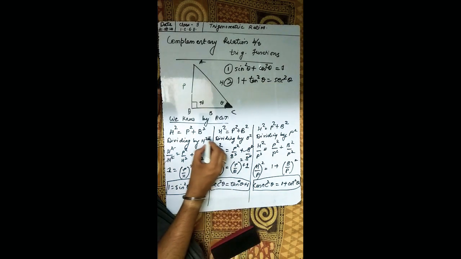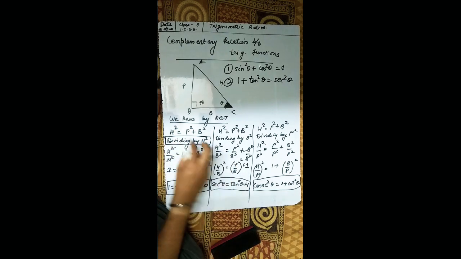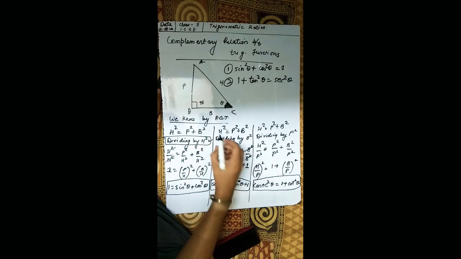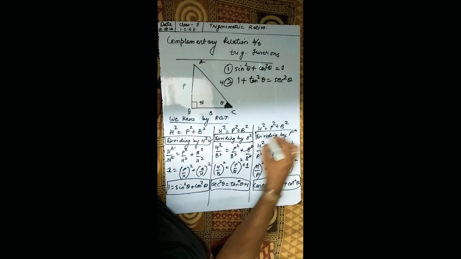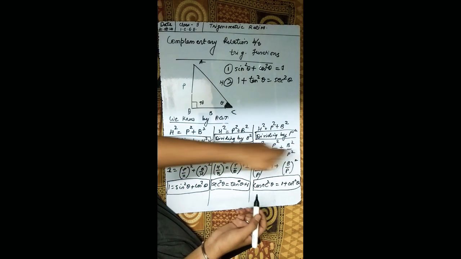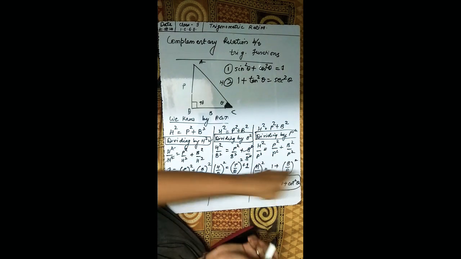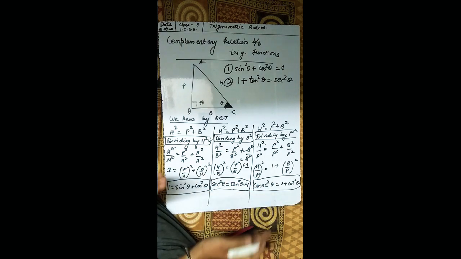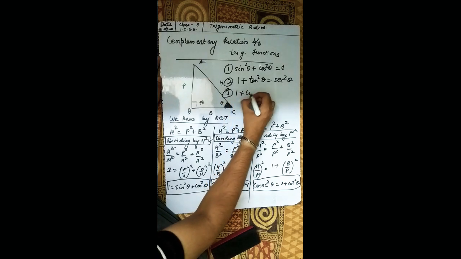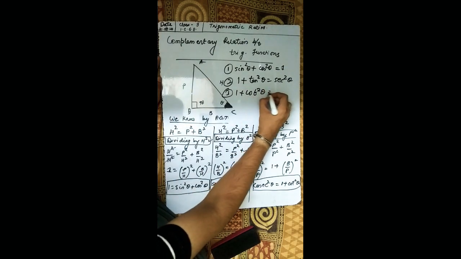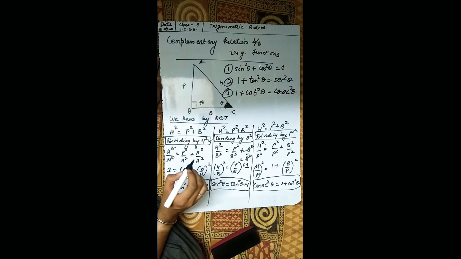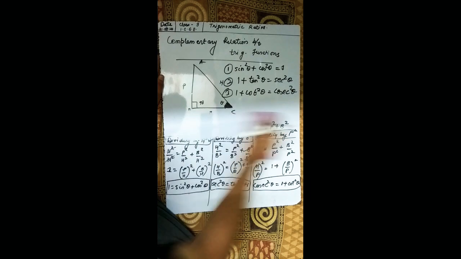Similarly, you just have to remember that with the PGT, you divide one time by h square, then one time by b square, and one time by p square. H square, b square, p square. And similarly, through these second steps, then their further steps, you can form the identity. So similarly, you try to understand this one, and I'm directly writing the third identity, that is 1 plus cot square theta equal to cosec square theta.